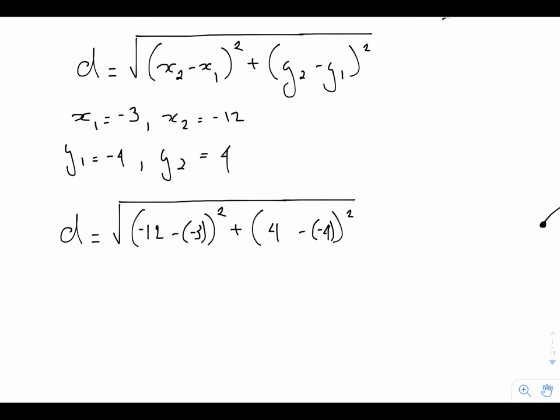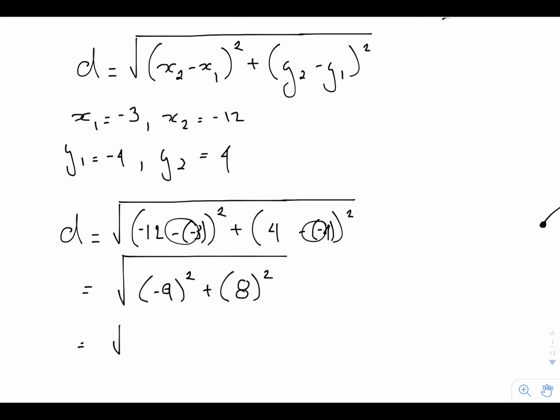If I do the math now, what I end up with is the square root of, let's see, -12, these two negatives make it a positive, so I'll have -9 squared plus these two negatives, again, make it a positive, so that's 4 plus 4, plus 8 squared. If I do the calculation, I get 81 plus 64, which is equal to the square root of 145,